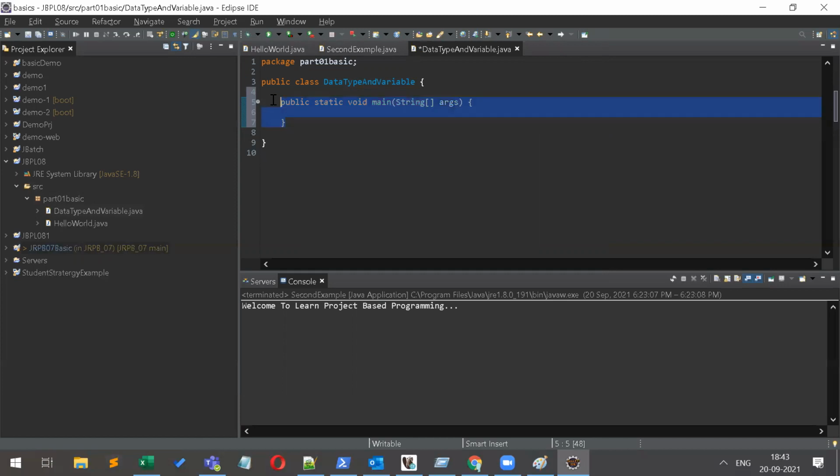Method is another chapter we will cover. A method is like a function, a sub-module or sub-process. We have another session on methods where we will discuss them very deeply, but you can understand it here.